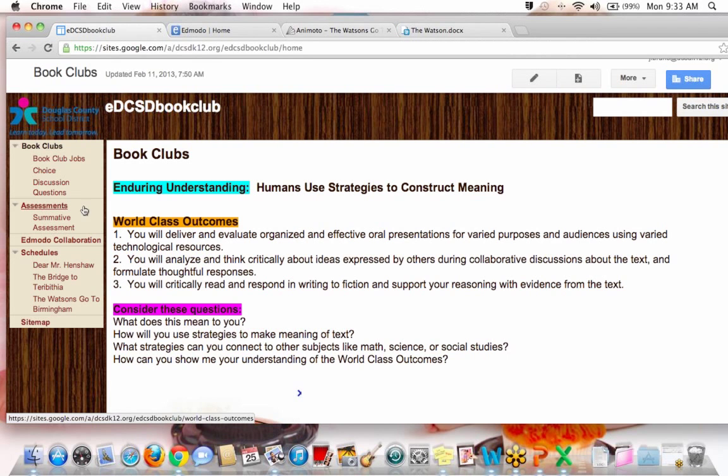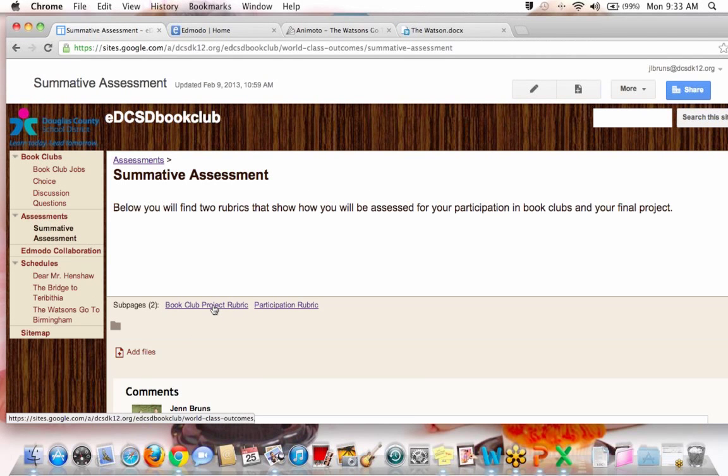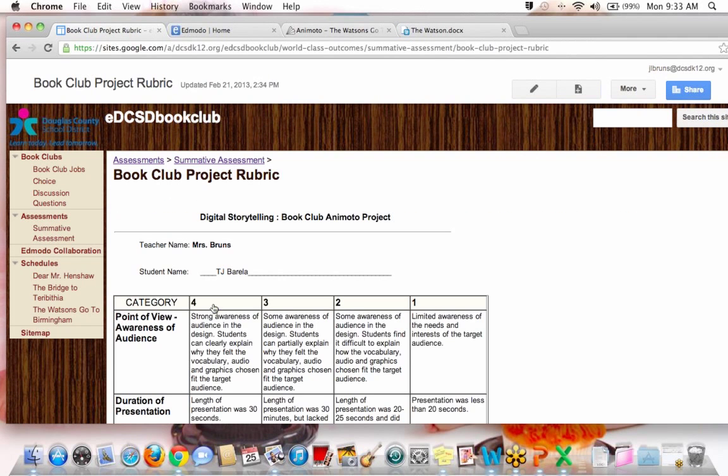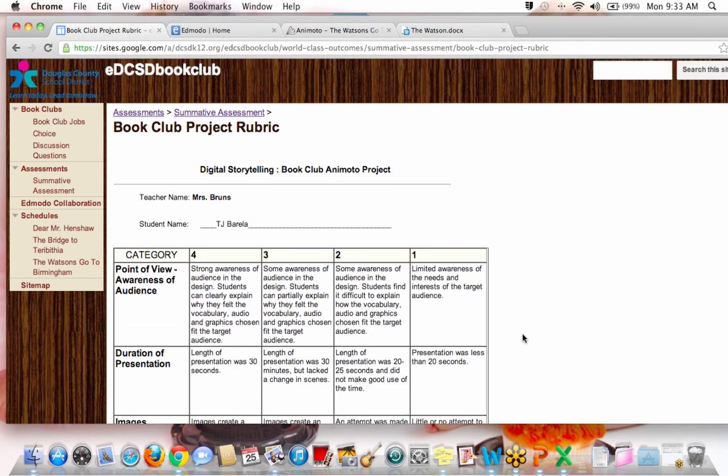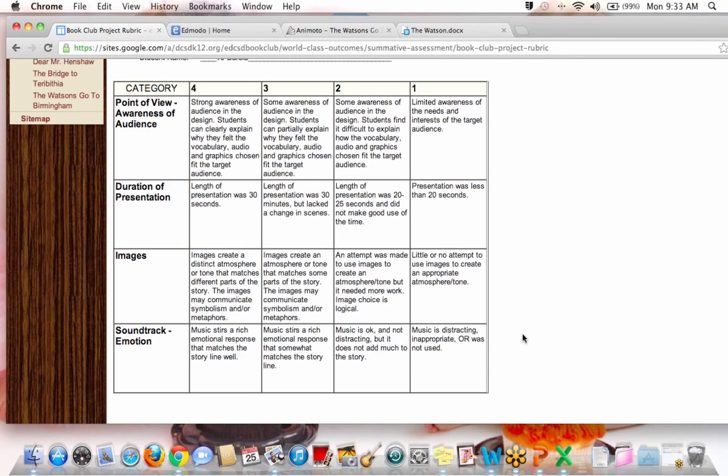Okay, so one last thing before we start actually presenting, our rubric for how you're going to be graded. Let's just review it. I know you've all seen it. But let's just take a look so it's fresh in your mind. So there are 4 different categories that you're going to be graded on. You have awareness of the audience. So that means, did you choose appropriate images for the people you're presenting for? And that would be your classmates. I am your audience as well as your classmates.